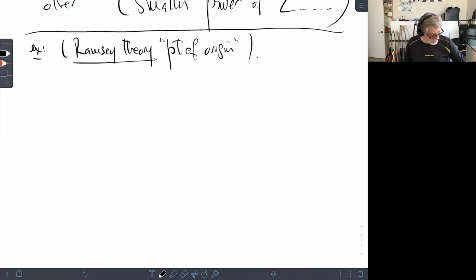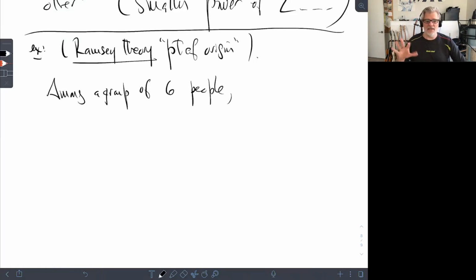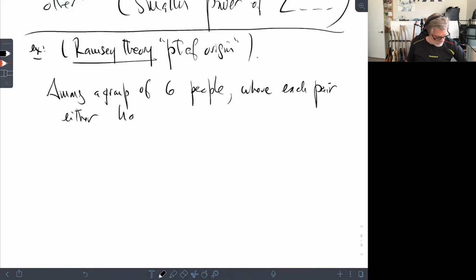Okay, so here is my example. I have, so among a group, I have 6 people. And I guarantee you that for each pair of these 6 people, they either love each other or hate each other. So there's no indifferent feelings between any 2 of these. So there's Alice and Bob, either I know they hate each other or they love each other. Okay, so among a group of 6 people, where each pair either hates each other